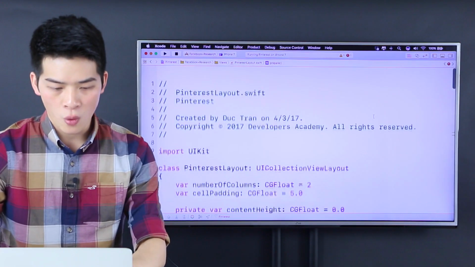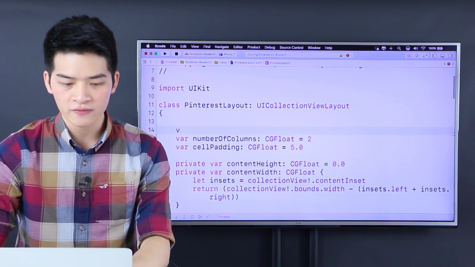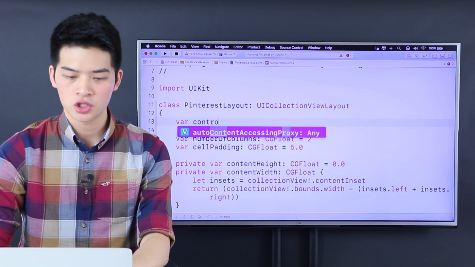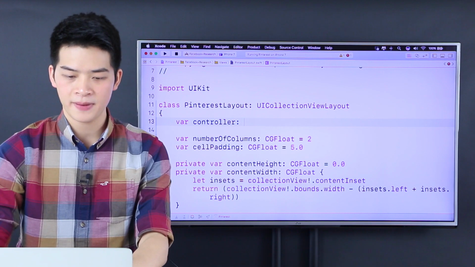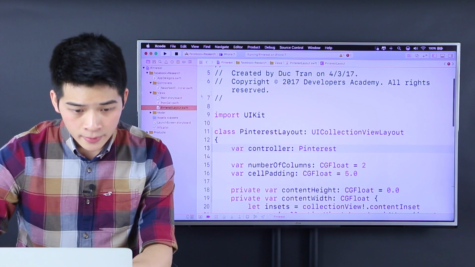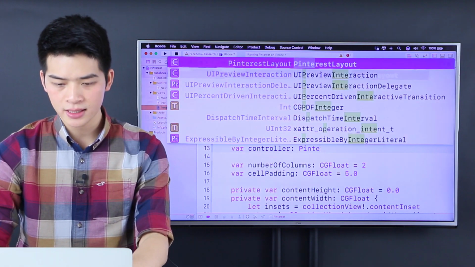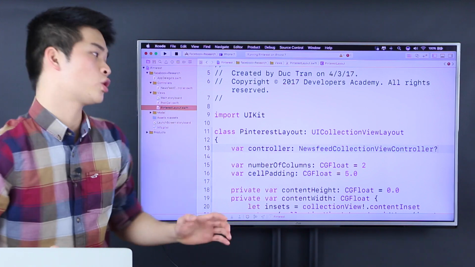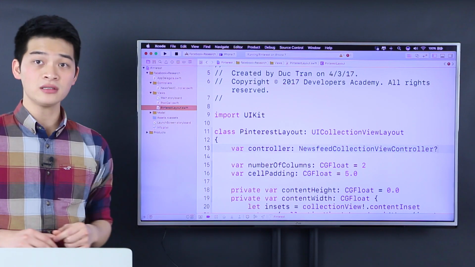Okay, so our way is something like this. We have a variable called something like controller, which is a Pinterest something, right? Oh, Newsfeed. This is a Newsfeed collection view controller, and optional like this, because maybe it is nil initially,